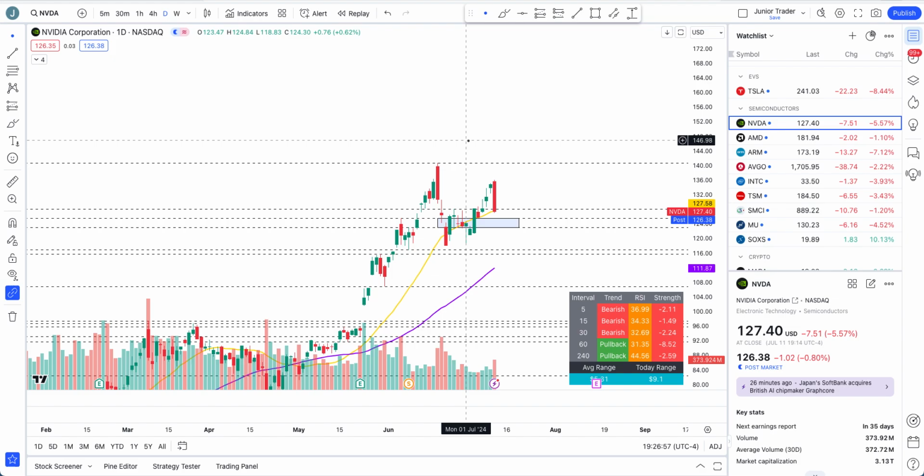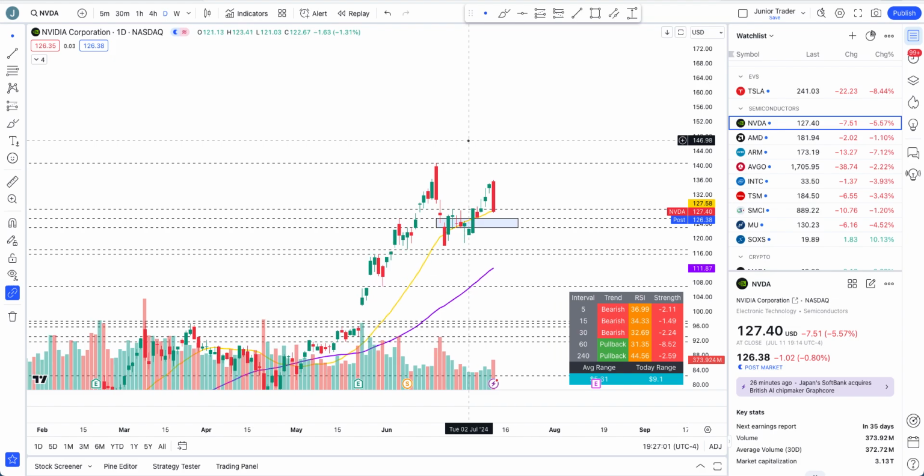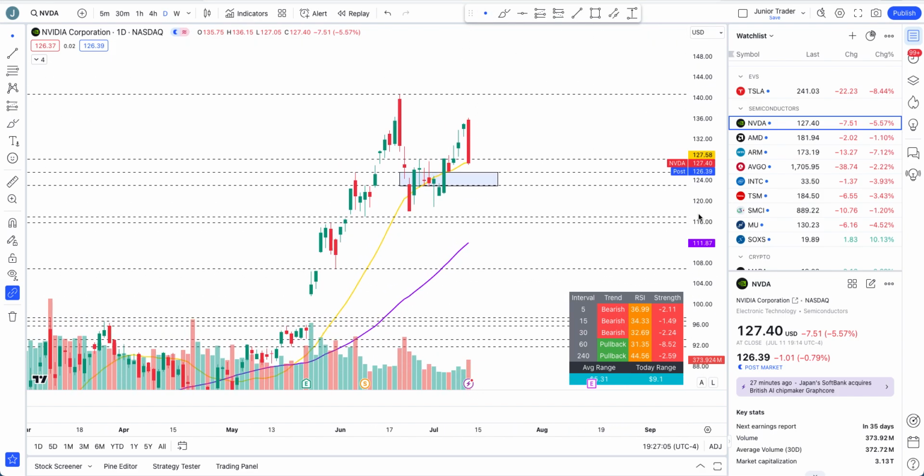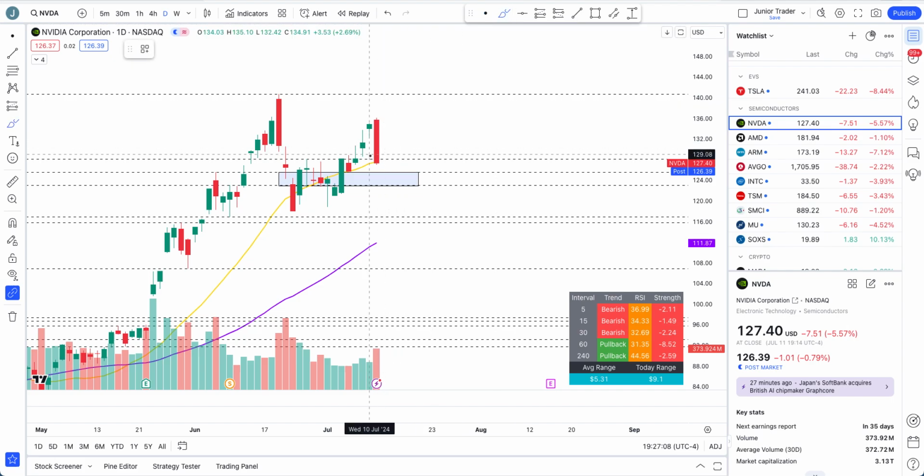Alright, to kick things off, Nvidia, quite a deeper sell-off today, and also this $128 level that I was talking about. If we can hold above it, that is one of the areas to watch for at least an intraday rebound or potentially for bulls. If they can hold it with strong buying momentum here, that will still keep Nvidia's strength in the bullish structure